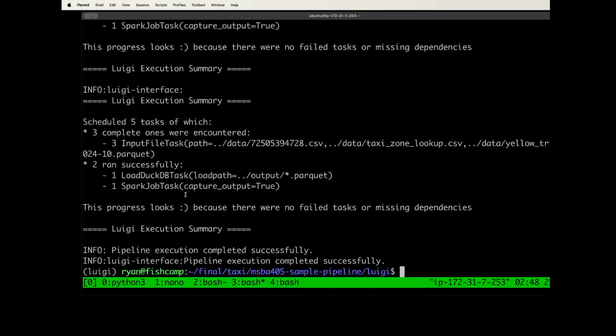Now I want to show you something else you can do here. I hope it's still running. I'll try it. If you punch a hole in port 8082 and run this pipeline again,